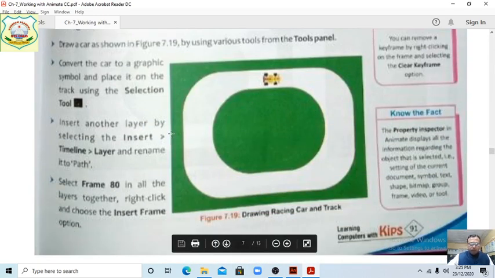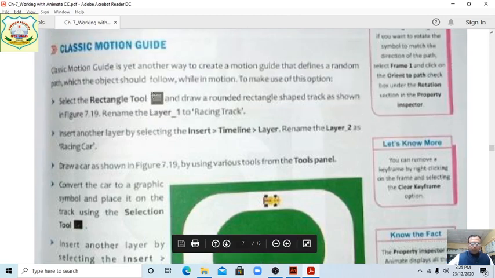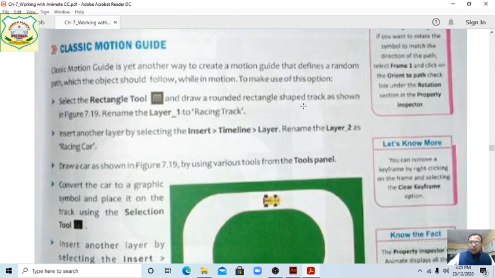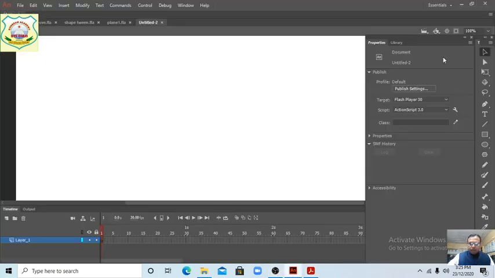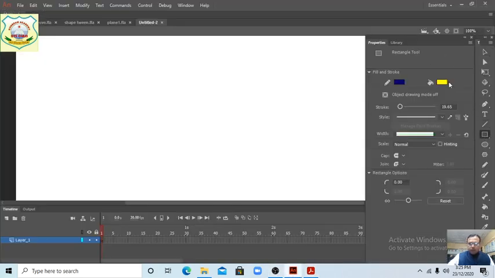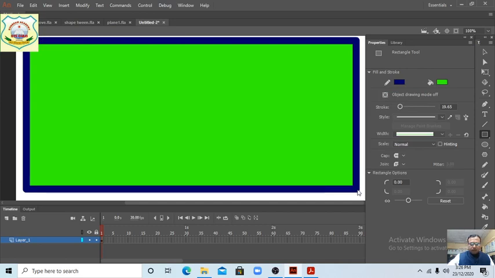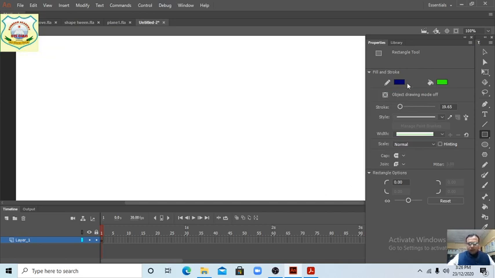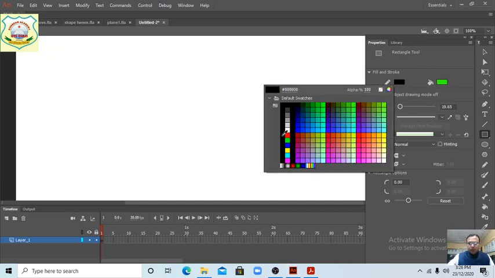First of all, students, sequence-wise, select the rectangle tool and draw a rounded rectangle shape for the track, as shown. Rename the layer racing track, and on layer 2 we will keep the racing car. First, with the rectangle tool, change the color. We are changing it here, this is only white.